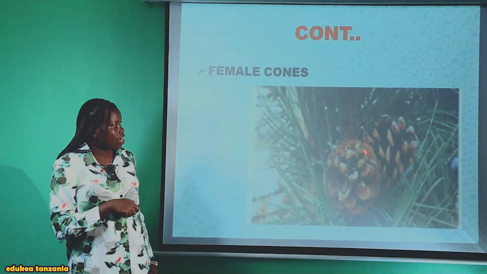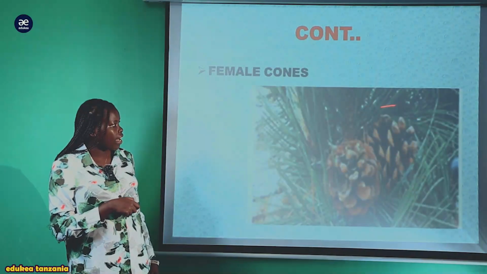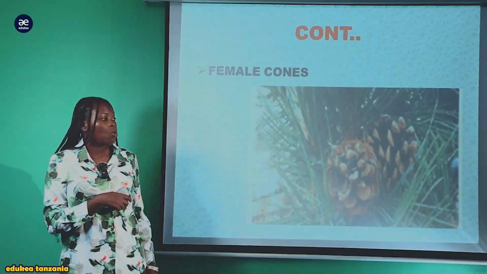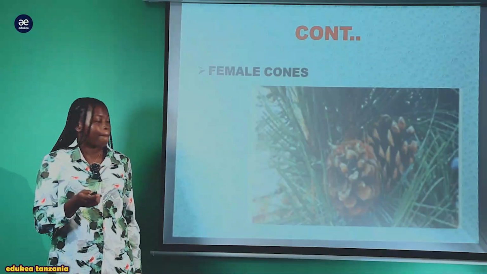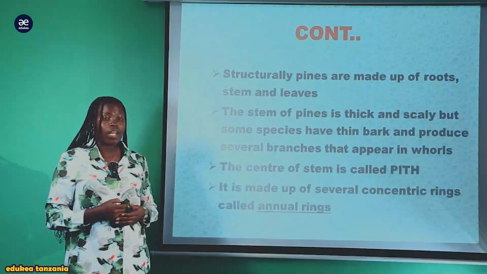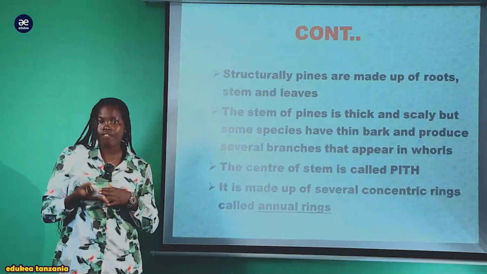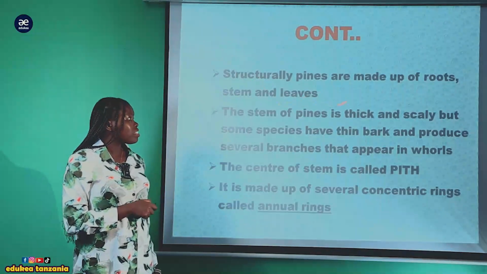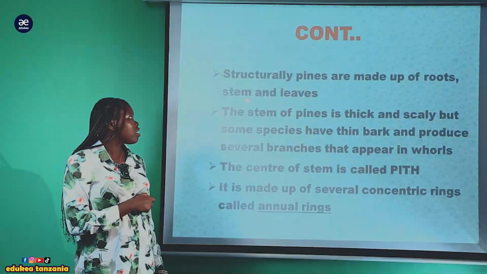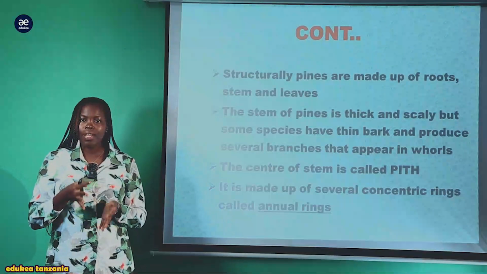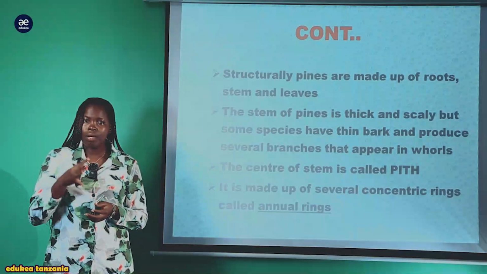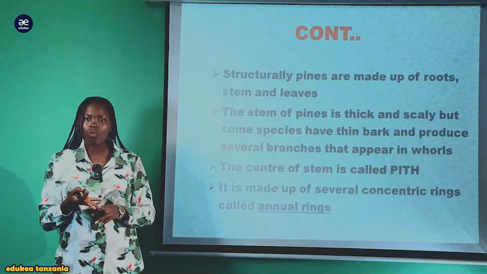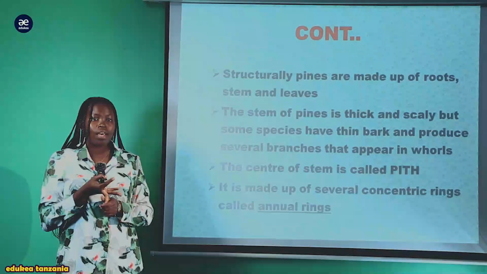So now you can distinguish between the male and the female cone. Now, structurally, pines are made up of fruits, stem and leaves. All trees are made of the main tree part, ambao kuna mzizi, kuna shina vile vile pamoja leaves. Roots kazi yake ni kwa ajili ya penetration and absorption of water. Vile vile leaves kwa ajili ya photosynthesis pamoja na stem kwa ajili ya conduction of material and aerial support of